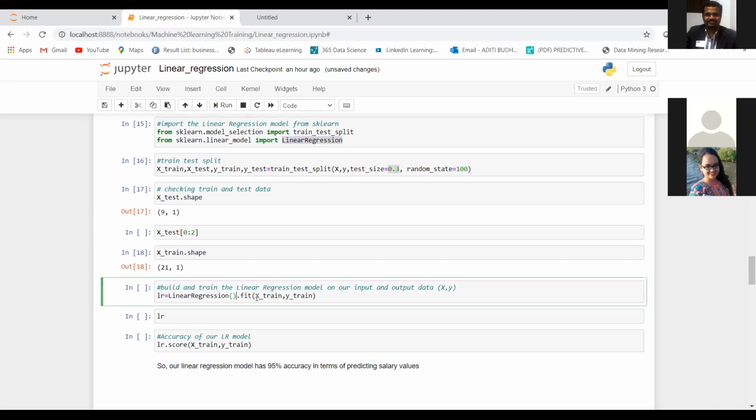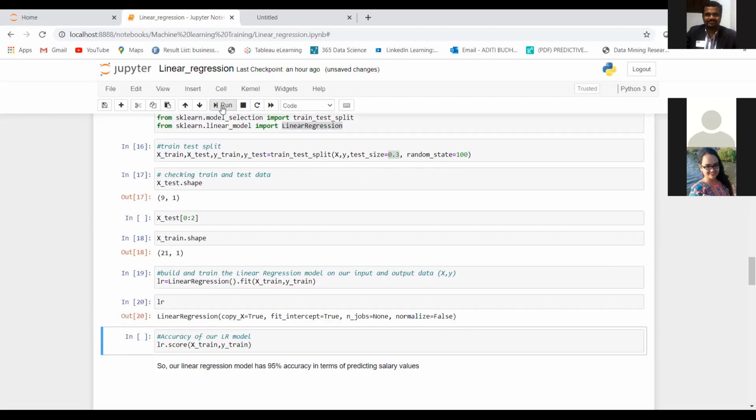Inside the fit function we will provide our training data set, that is X train and y train. X train is our input variable in the training data set, and y train is our output variable in the training data set, right? So just run this and your model is created. It is just one line of code.